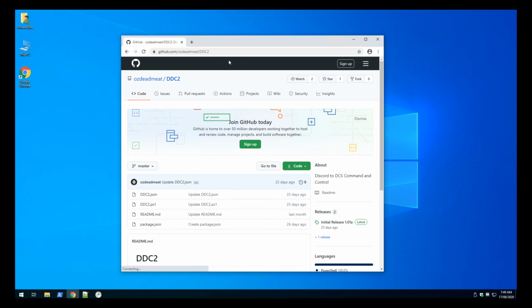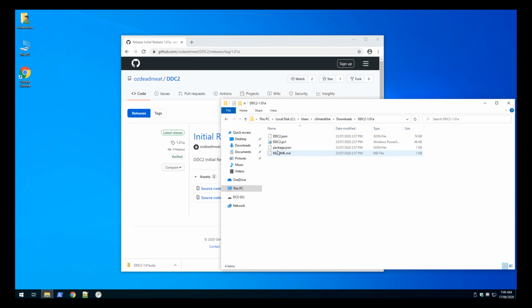and download DDC2. So we'll go to initial release here. We'll hit the source. Okay, it's saved. Let's show that in a folder. Right click and we'll just extract it to there. Let's open that up. So we want to grab this file here, the